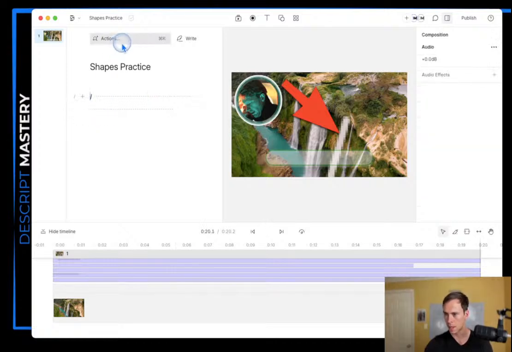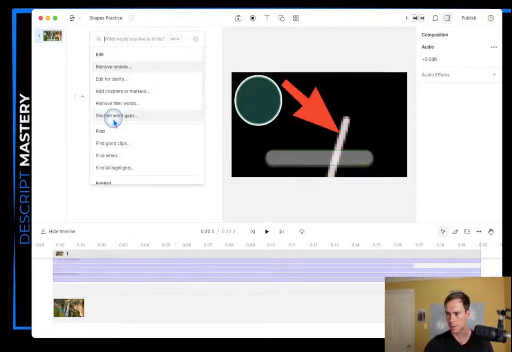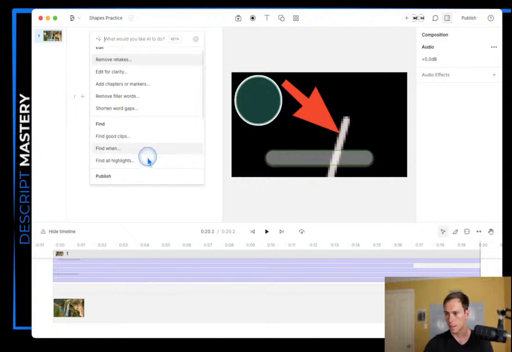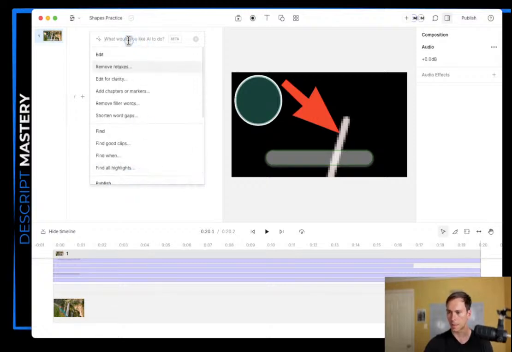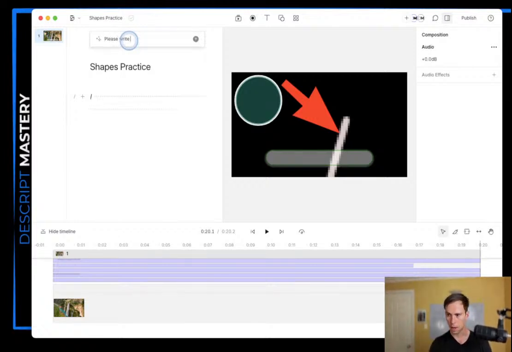And the way I'm going to do that is go to Actions, Ask AI, and I can tell it to write. Down here, this one that says write. I could say, well, it thinks there's already a script there. I'm gonna give it a fresh prompt. This is just ChatGPT, so I'm gonna say, please write me a script about a guy talking on the phone visiting a waterfall. I hit enter, AI is thinking,